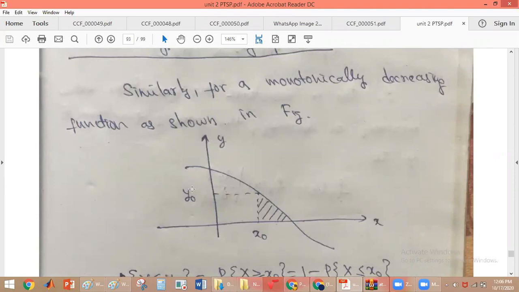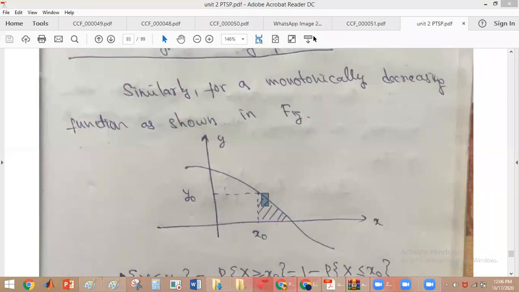Okay, now if you find out what are the values of x we have for y less than or equal to y naught. So if y is less than or equal to y naught, what do we have? We have x greater than or equal to x naught. Yes or no? So that is why we get: